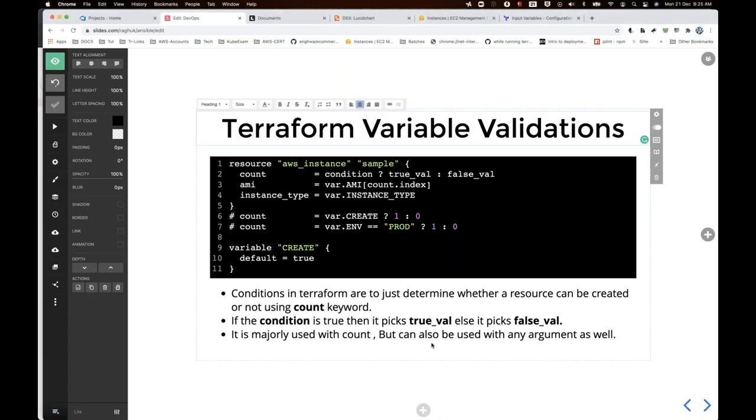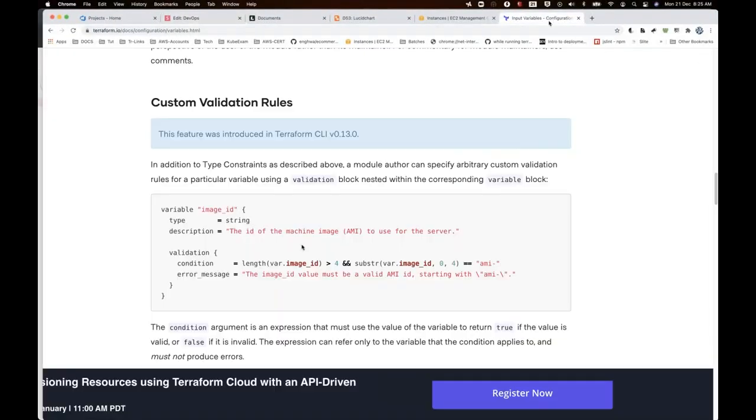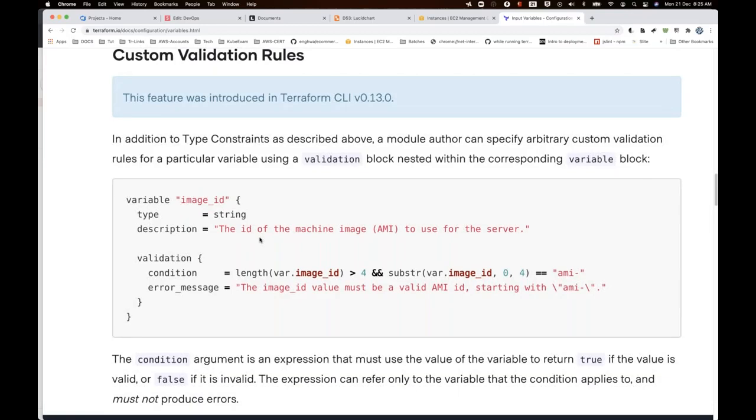So what is the purpose of this? Sometimes you take an input that is expected to be something, and the user might give some wrong input. So you need some validation there. That particular validation is generally done under the variables like this. This could also fall under conditions, but you can just call it